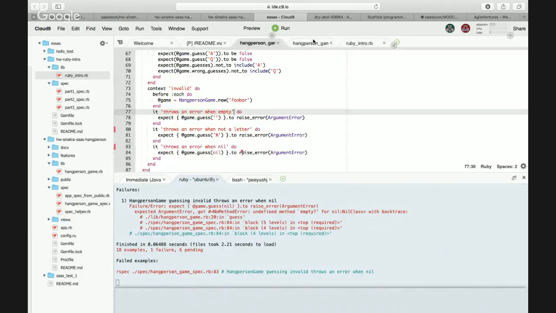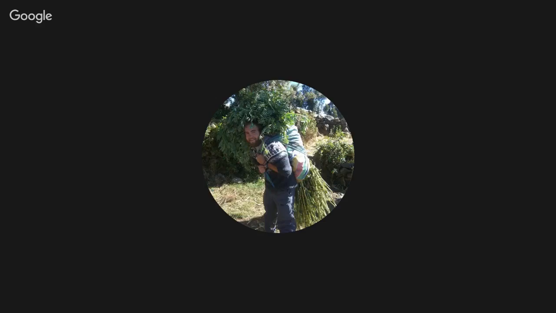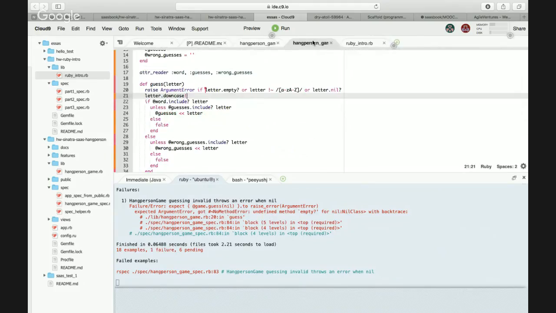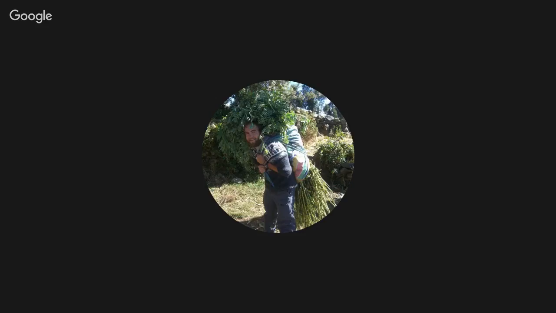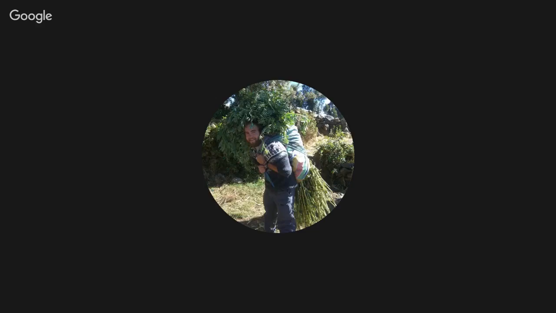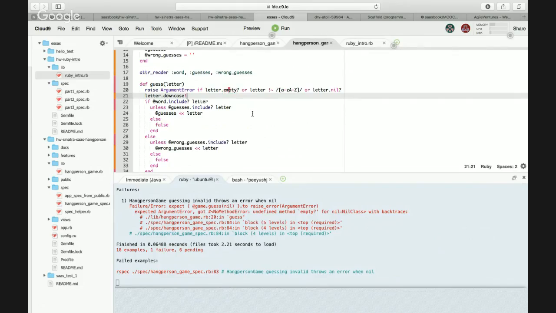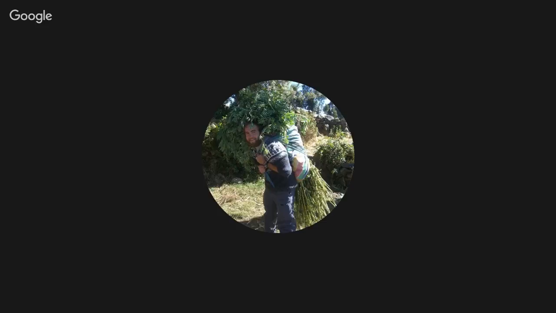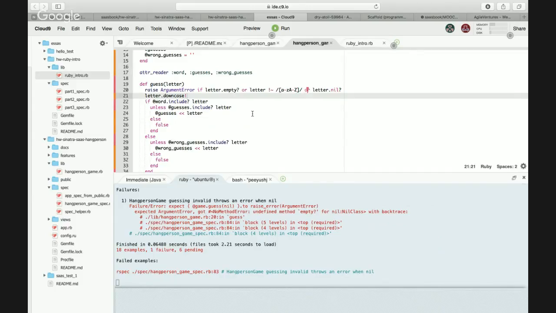I'm on our RB file, on line 20. Right after the if, it says letter dot empty, but that's invalid syntax because they're passing nil, so it's failing over there.